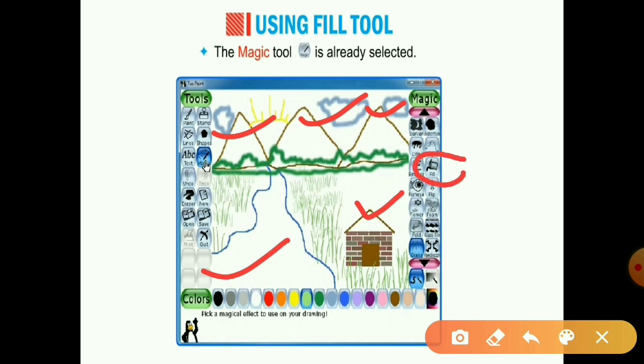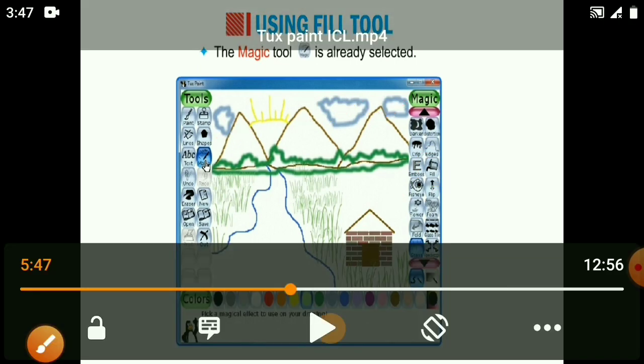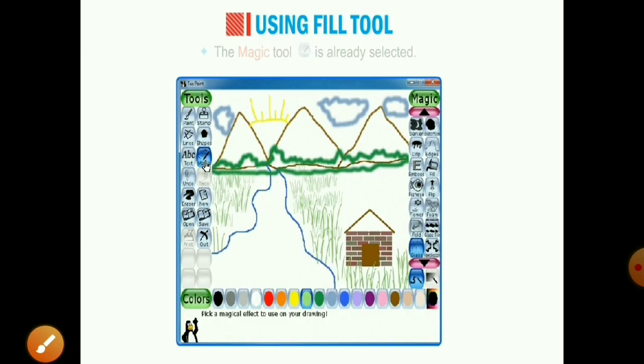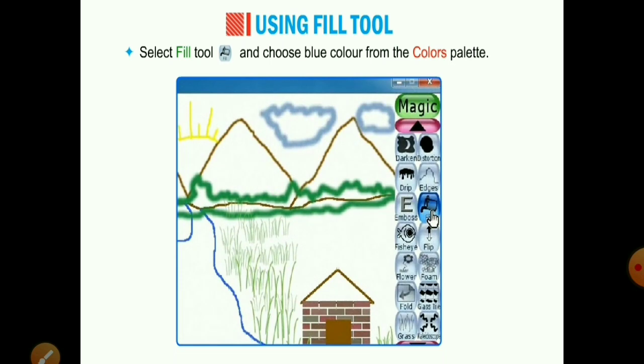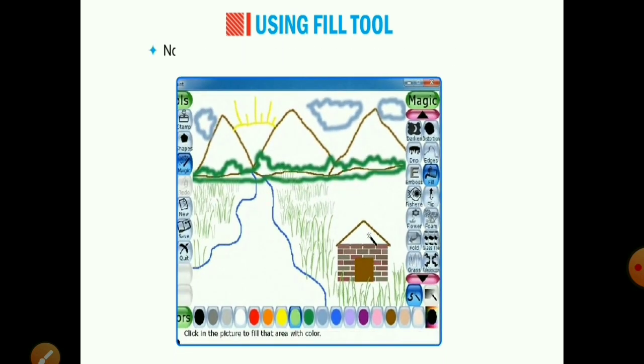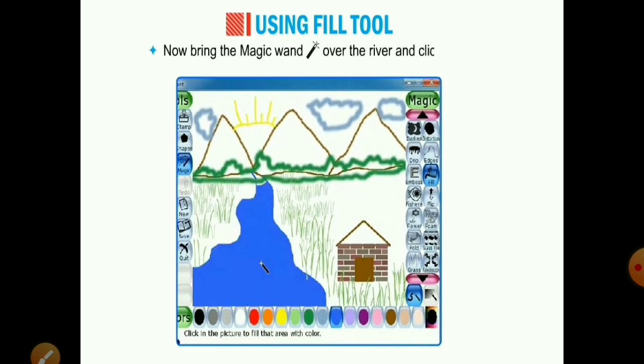You can see here FILL. This is the bucket of color. So this is the fill tool. You have to select this fill tool. Let's see how we can fill color. Select the fill tool and choose blue color from the colors palette. We have to fill blue color in our river.